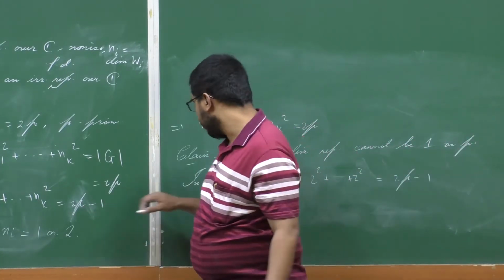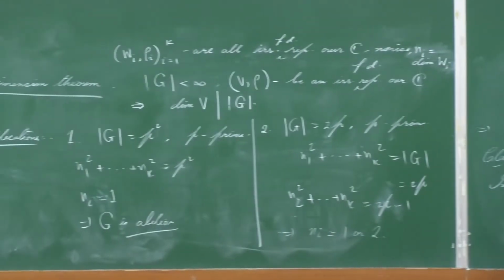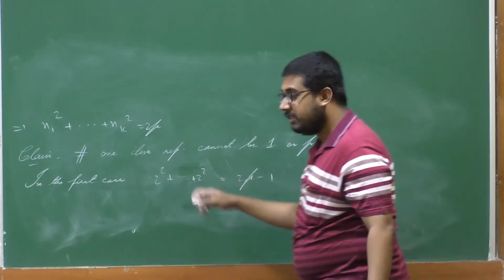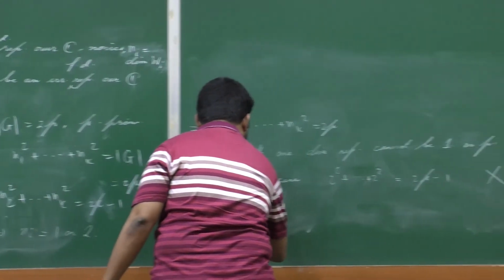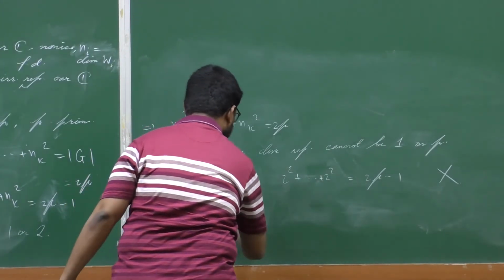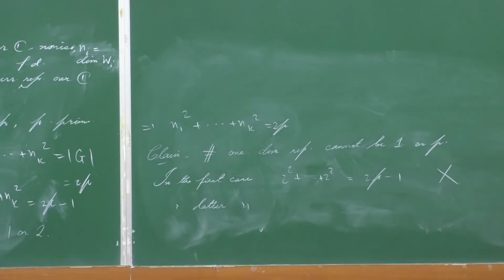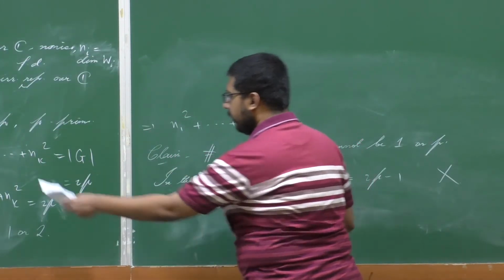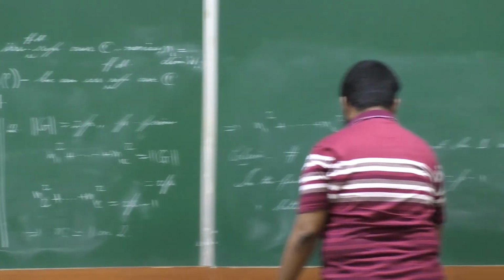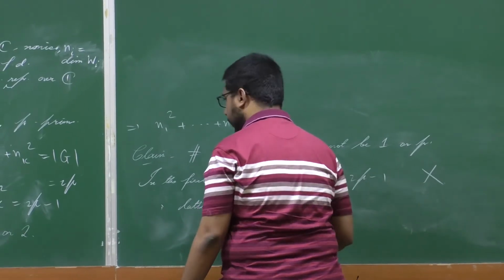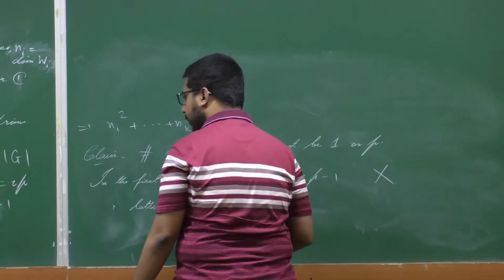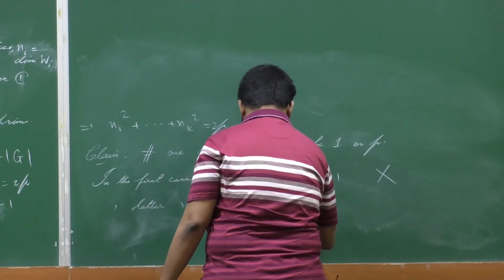Because as I said, in this case k has to be greater than 1, but this is certainly not allowed to happen, because this side is even and this side is odd. In the latter case, we have exactly p terms here which are equal to p. So let us say, if I rearrange these n_i's, the sum of n_{p+1} up to n_k